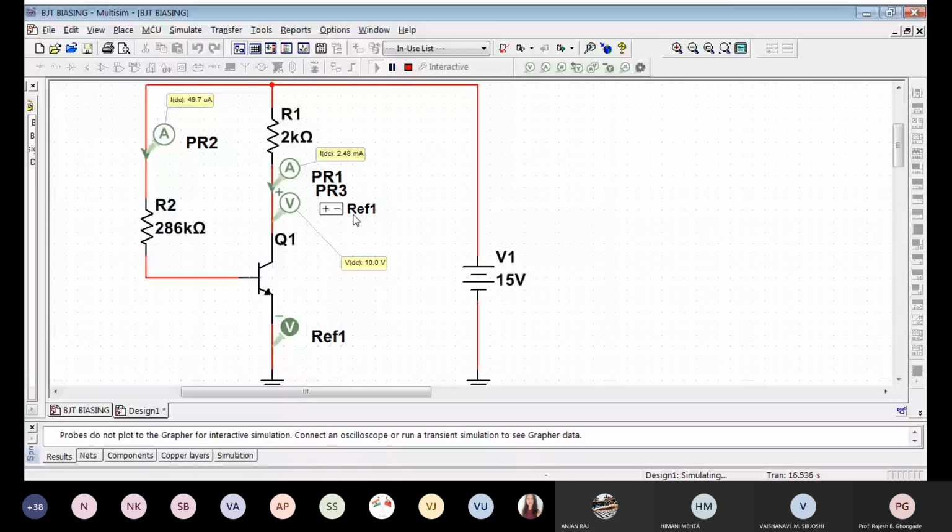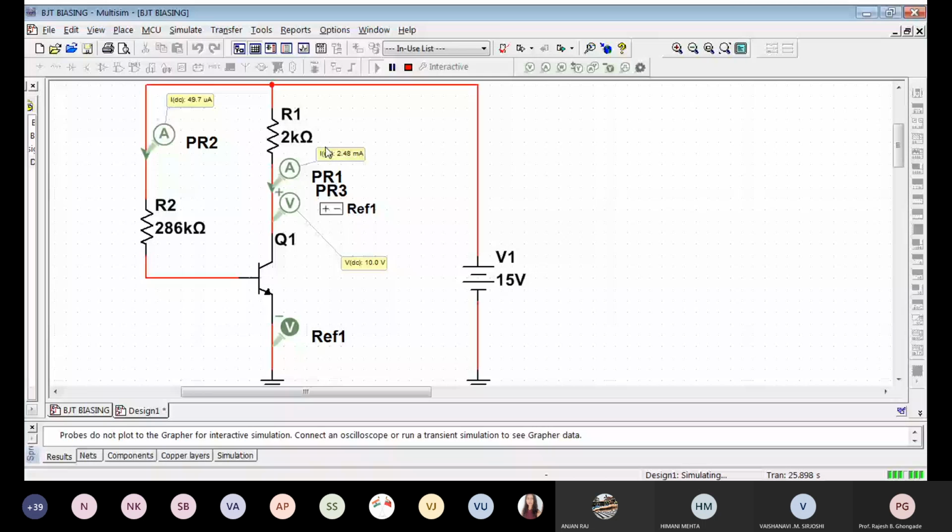Just imagine the output characteristic of the transistor in common emitter configuration and the load line. So what is the load line? Who is going to set the load line slope? This R1 or RC, in this case the collector resistor, is going to set the slope of the line.